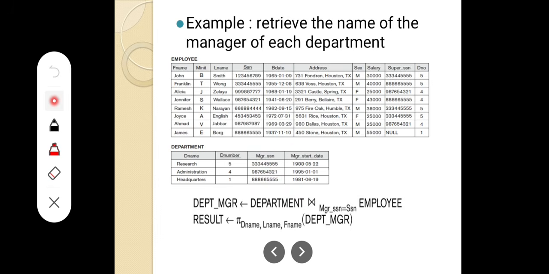So this is the manager ID of the managers. Okay, so this has to be matched with the SSN. If so, we can select the